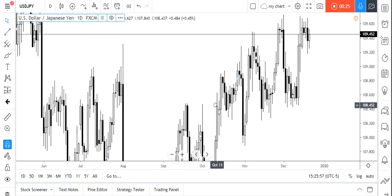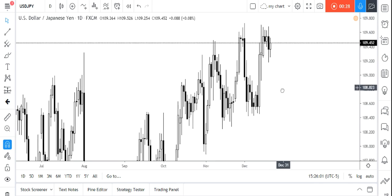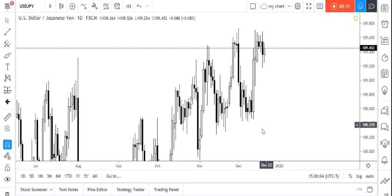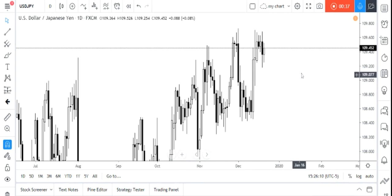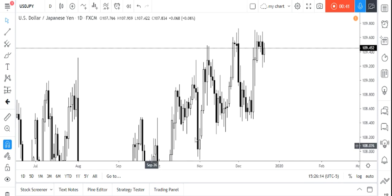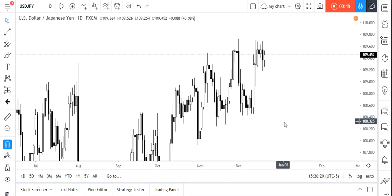So if you look at the recent swings of the USD JPY, it looks like the market is going to make a downswing here, similar to the downswing you can see here. This downswing, this downswing, and this downswing. Nevertheless, if we look at another behavior of the swings of USD JPY, we still have a bullish scenario